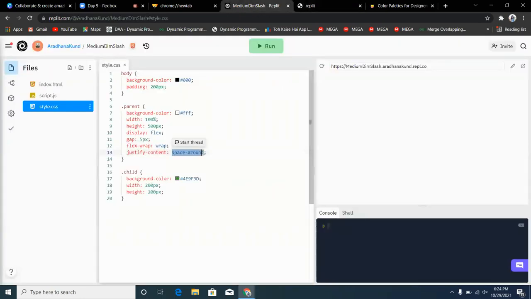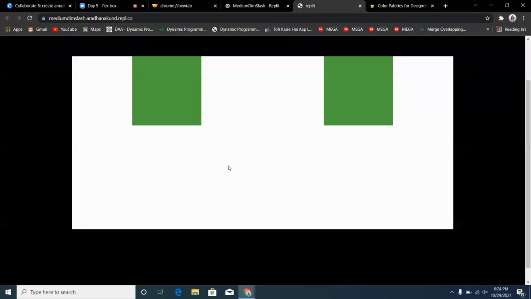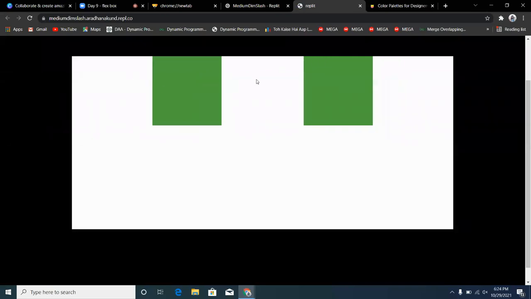I can go to justify-content and write space-evenly. You see the third one, space-evenly. If I do that and refresh it, there is an even space. The computer calculates everything and provides an even space between, and on the left and right of, all the elements.